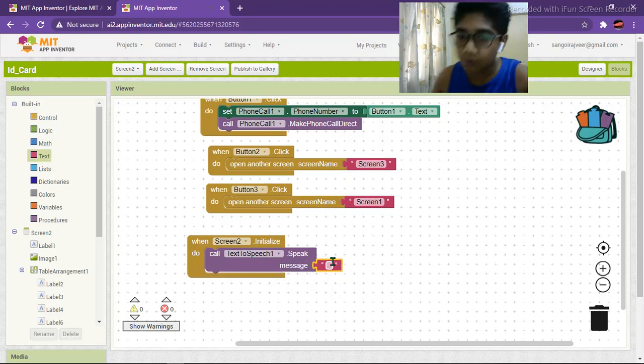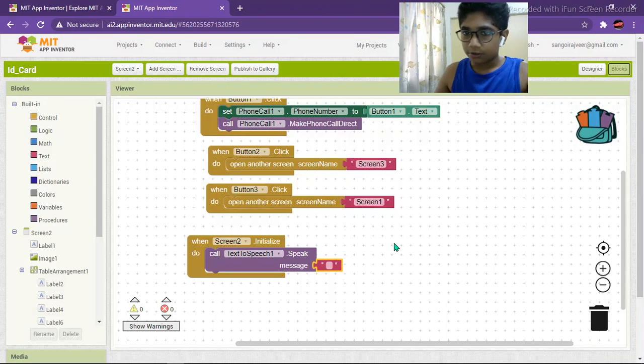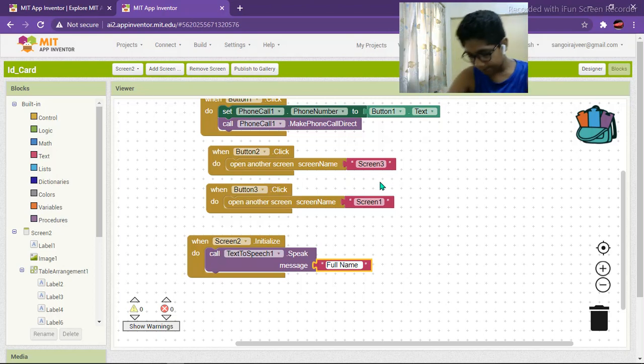And what text do we need? The information what you have written over here, like full name, mother's name. Many people will give a dash between full name and your mother's name, but please don't give the dash, or else the text to speech lady will speak this dash also.